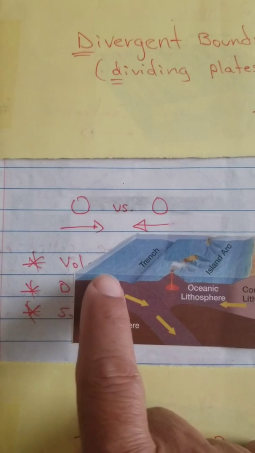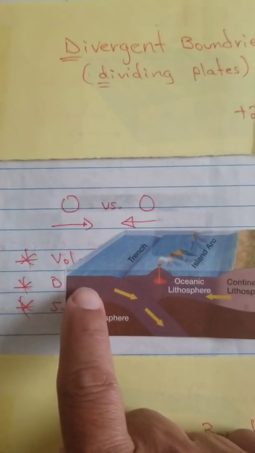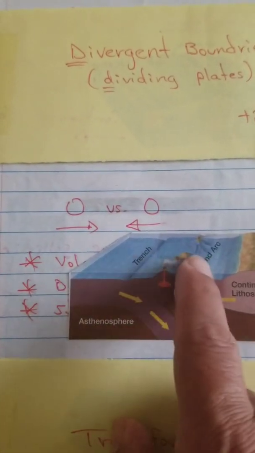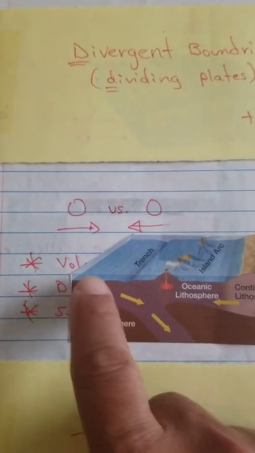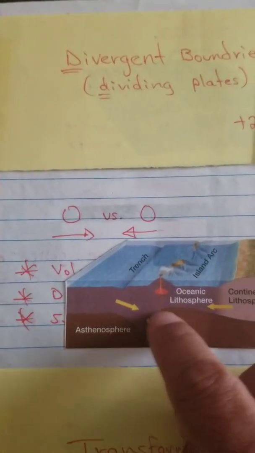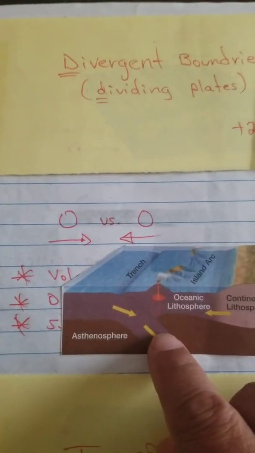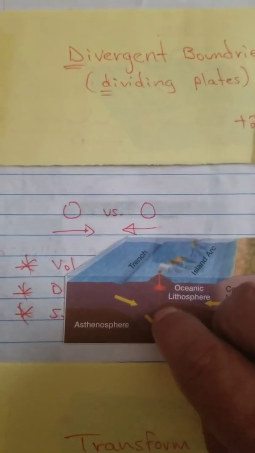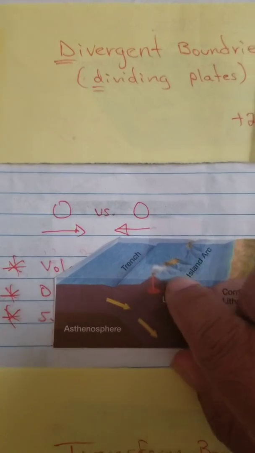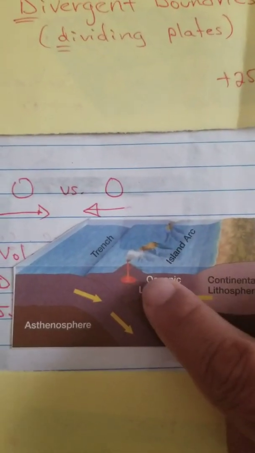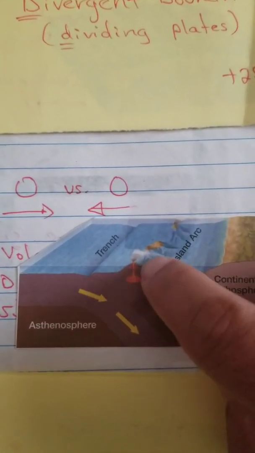Since it's older, it's been underwater longer, the density is going to be more compared to this one, so it's going to sink. As they sink, we know that all the organic materials that were exposed to the ocean earlier on are going to be burning, and they're going to be creating gases and pressure that are going to be looking for an exit,